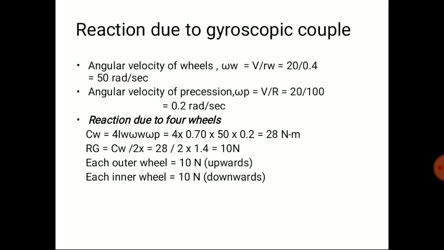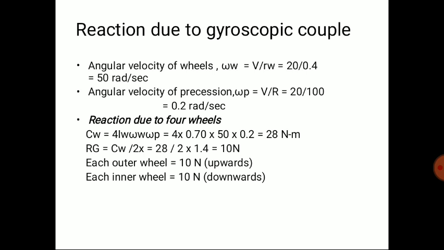So when we are getting the reaction force, what will be the total reaction force at a time? The total reaction force for this couple will be the total reaction. The inner wheel will apply a reaction force and the outer wheel will apply a reaction force. Clear? The inner wheel will apply combinedly and the outer wheel will apply combinedly. So in order to find the reaction on one wheel, we are dividing CW by 2.